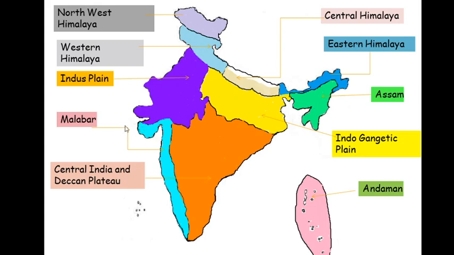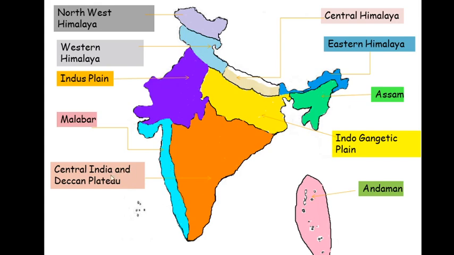Then comes Malabar on this side. Malabar is the name given to the area which starts from the southern part of Gujarat, meaning it contains a part of Gujarat here. Then via these Western Ghats mountains, it runs up to Kanyakumari. So this whole range is mainly a mountainous area. It is known as Malabar. As I have mentioned earlier, this range of mountains is known as the Western Ghat, and this is a biodiversity hotspot of the world.